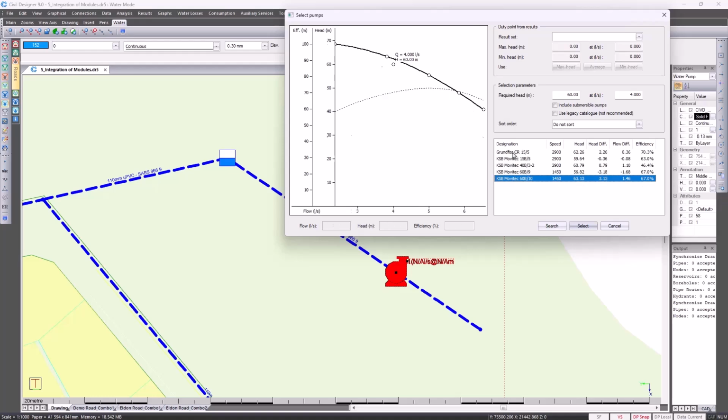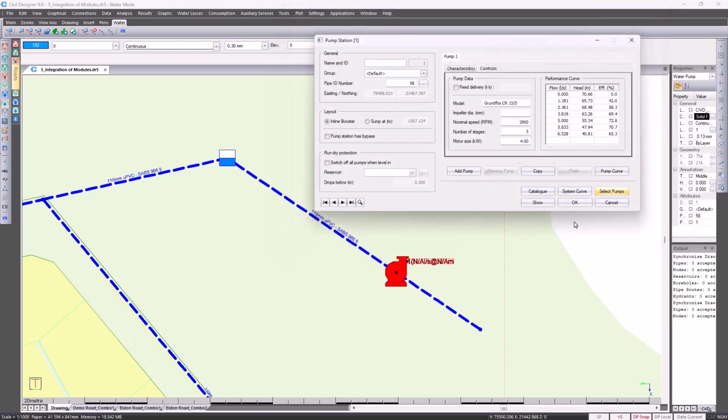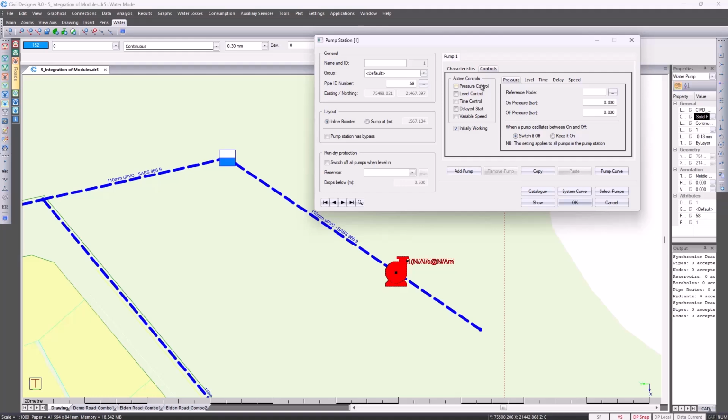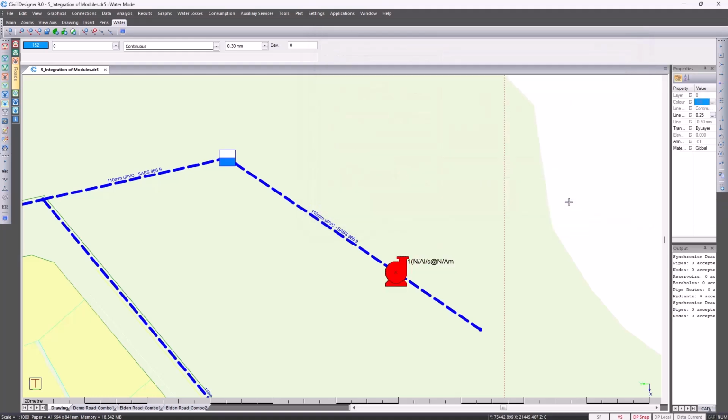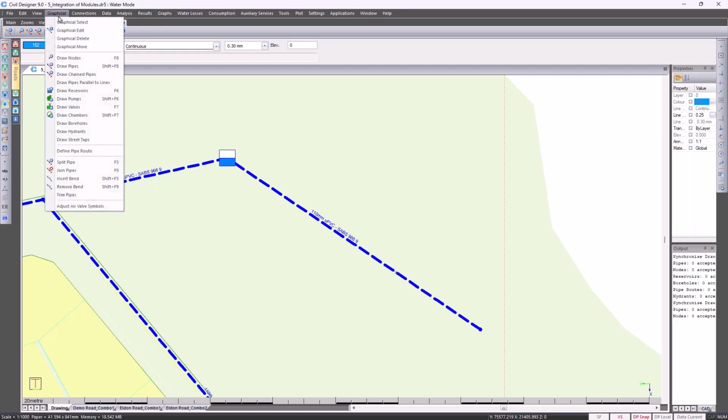Once you've selected the most appropriate pump, click on Select. You could, for instance, turn on the controls for your pumps relative to the rest of the network. Alternatively, if you prefer to put in a borehole, you can delete the pump, go back to Graphical,